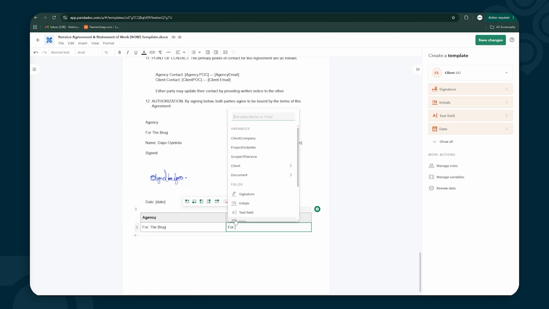So another thing, once you add a variable once, you are able to reuse the variable. You don't need to create a variable multiple times. As you can see, I've created the client company variable before, and it is now right here. So I can just click on this and it pops that variable into the field. Then